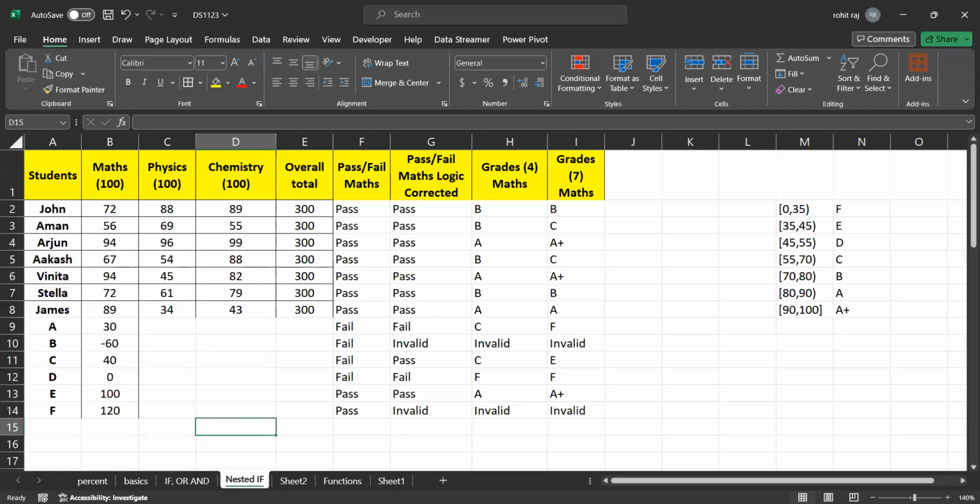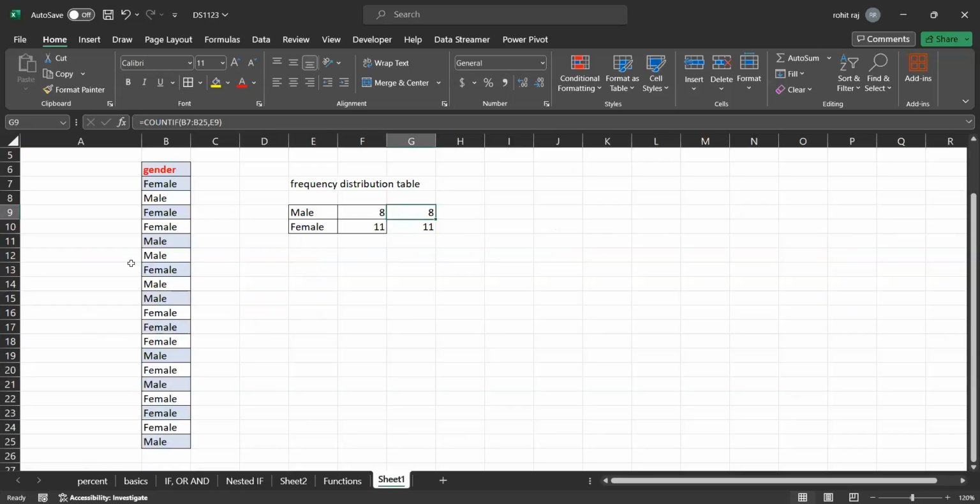Right, in this sheet we inserted one column here towards the end. Let me delete this. Yeah. So okay, here